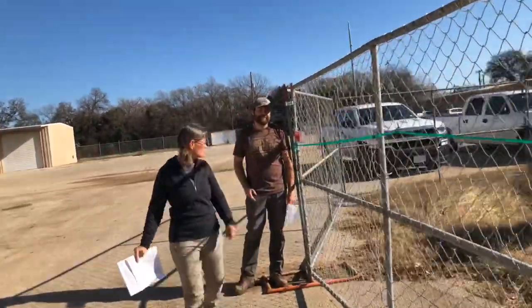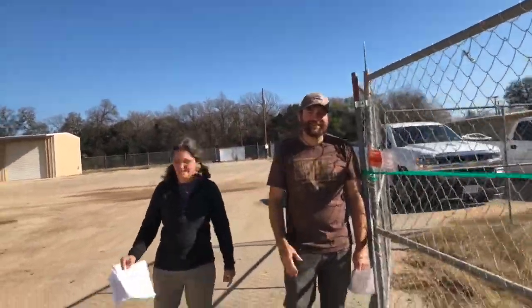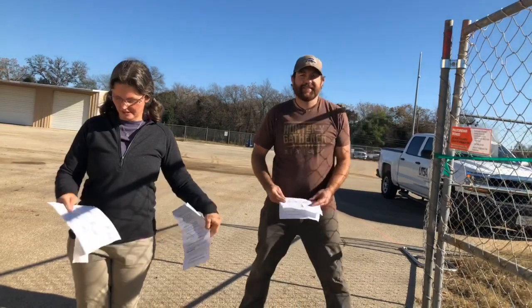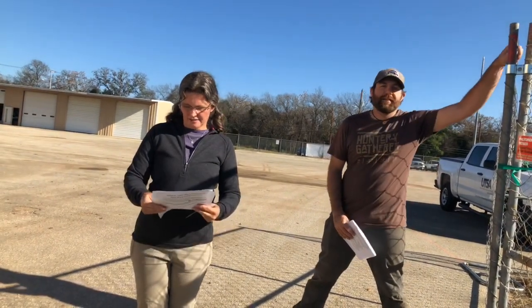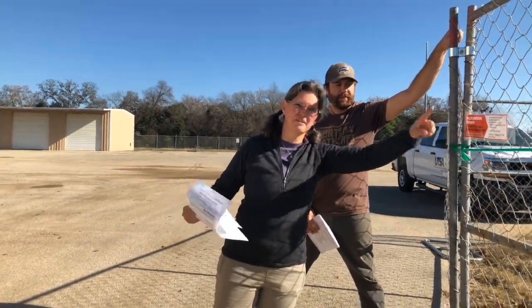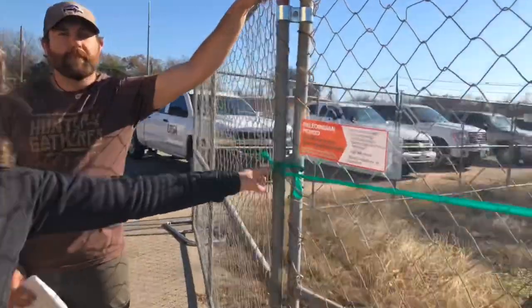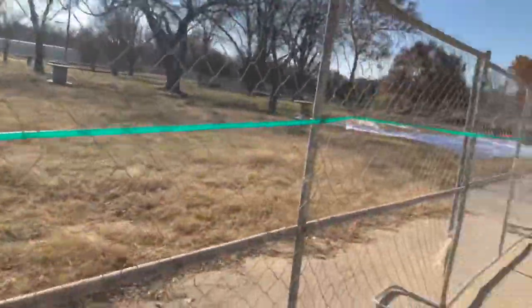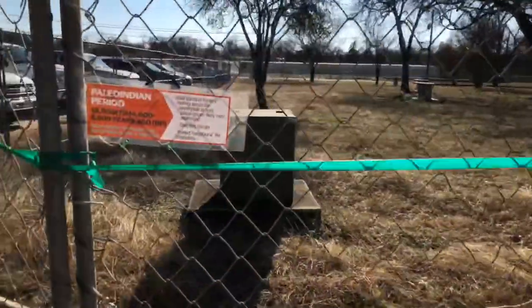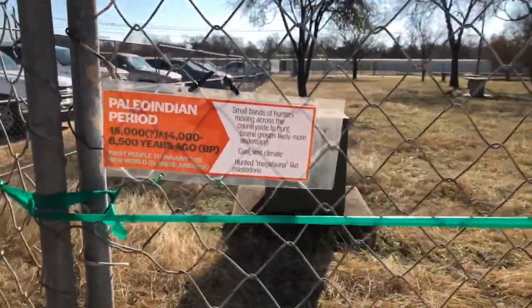So we're getting back to Josh right here. We're at the end of the Paleo-Indian period. Let me go ahead and look at my notes. Okay. So this is about 14,000 years from the end of that fence to about here. We're thinking that might go 15,000 years ago, so you can see how long it is. Just to give you a sense as to if we extended our timeline,